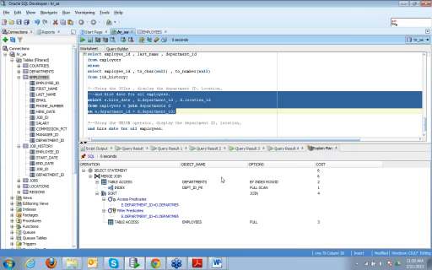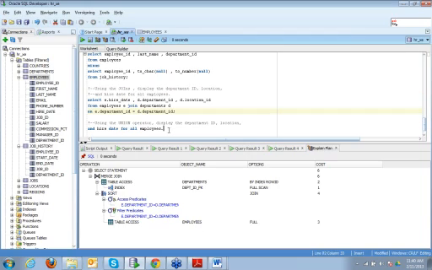So the total cost was 6. It says it is using sorting, join 4, and it is using department ID. It is using some index also. And let's start to do it with set operations.